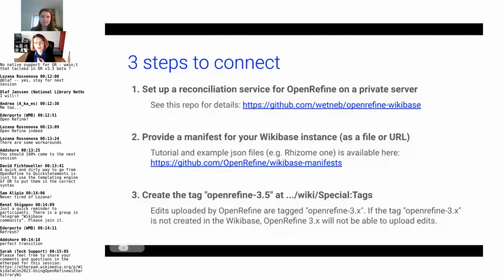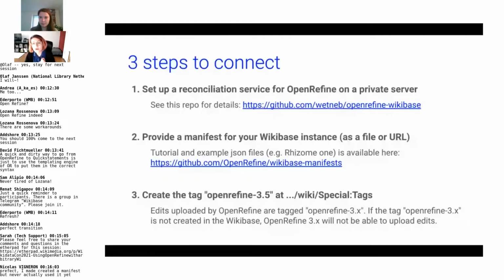The first step that you need is to set up the reconciliation service for OpenRefine on a private server. Yes, indeed, it does not come with your regular Wikibase distribution in Docker. However, obviously, there are instructions on how to do it. As long as you have someone in your organization with a little bit of sysadmin experience,